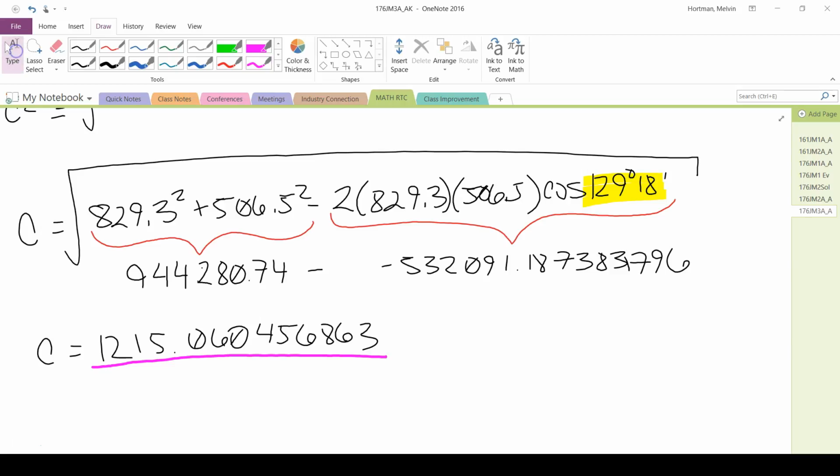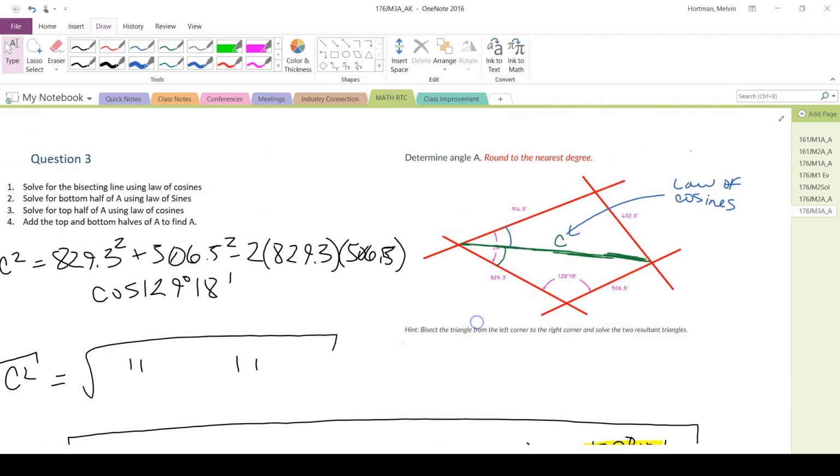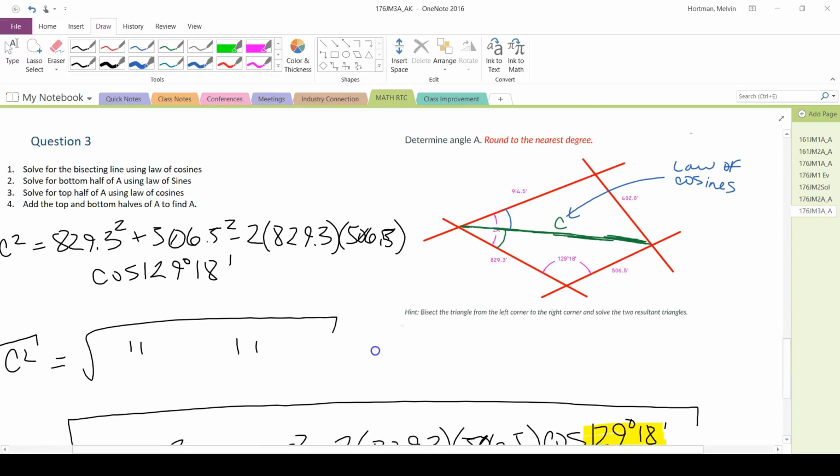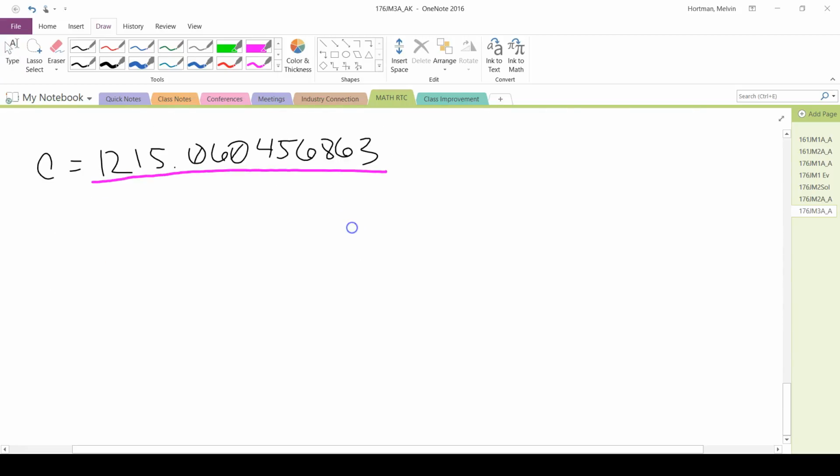So now let's move on to the bottom half of A here. To solve for the bottom half of A, we can use the law of sines. So I'll have sine of, let's call it A b for the bottom half of A, over